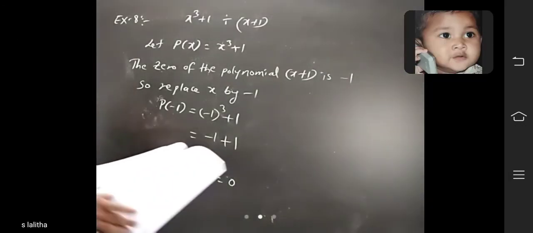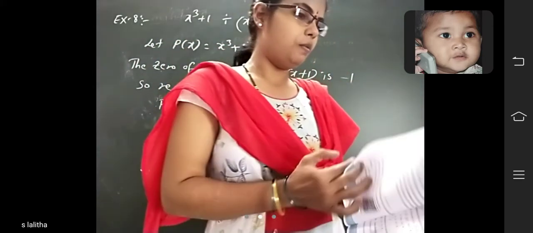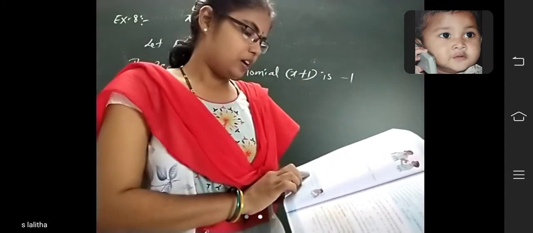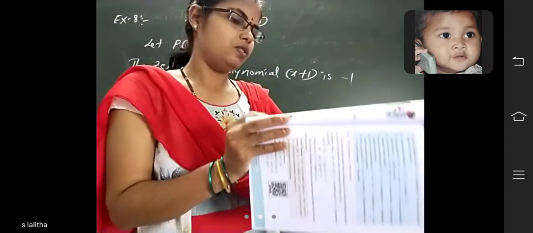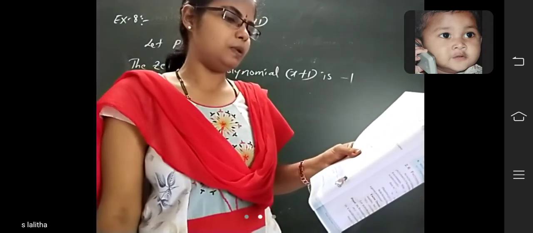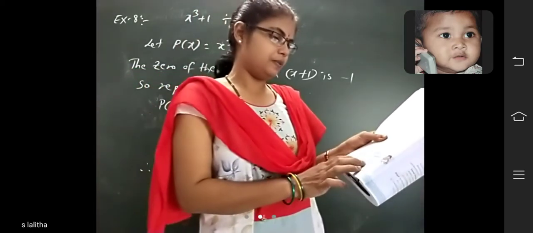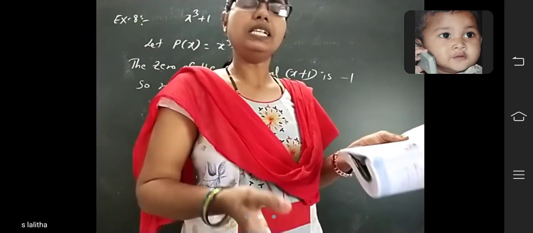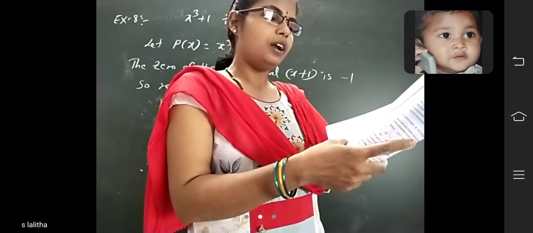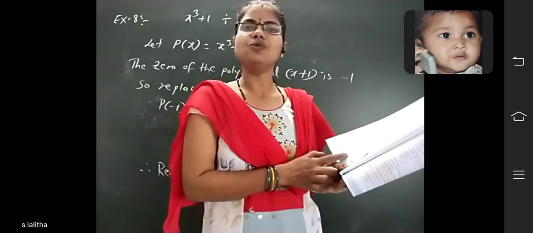So today's homework, children: page number 38, do these problems, 2 problems. And next, exercise 2.3, first Roman, second Roman, you can do as homework. What is the first Roman given? Find the remainder when x cube plus 3x square plus 3x plus 1 is divided by the following linear polynomials. So x plus 1: what is the zero of the polynomial x plus 1? Minus 1. Okay, you have to replace x by minus 1. We will get the remainder.